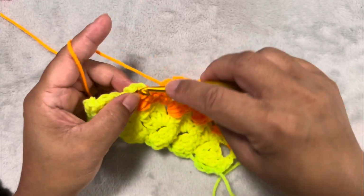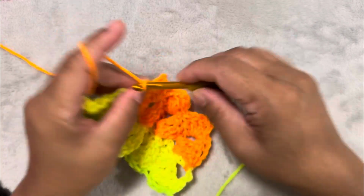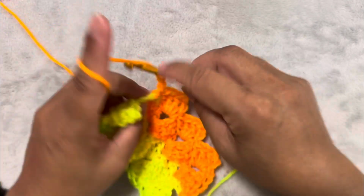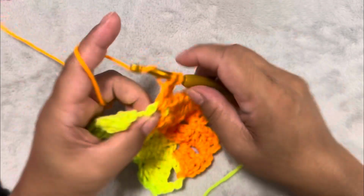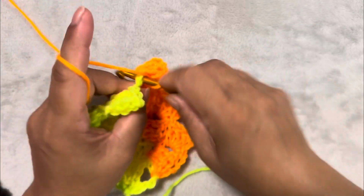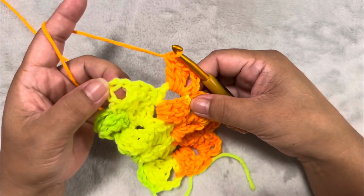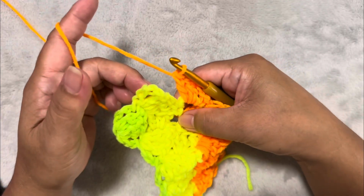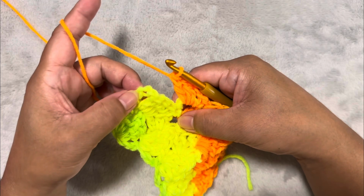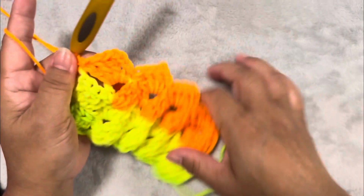Skip the next 3, single crochet into the next chain 3 space, then chain 3 and 3 double crochet into the same space, then single crochet into the last turning chain. Okay, this is the turning chain, so single crochet there. All right,